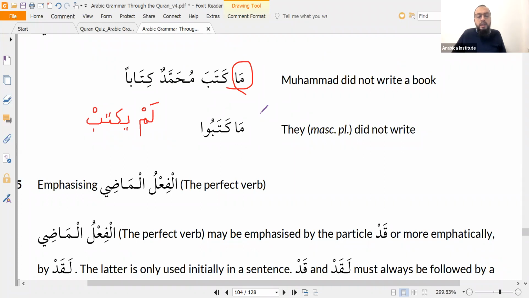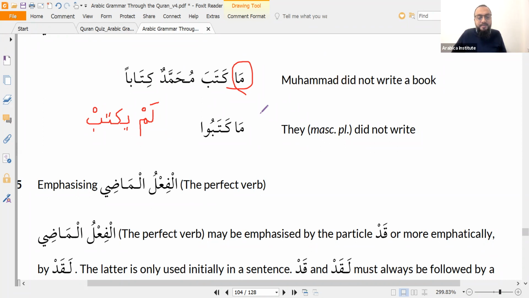But I may have said lam because you're saying lam antahi. You can't say lam akmal. Lam ukmil. Yeah. So I said ma akmaltu. Good. So if you say ma akmaltu, that's the same meaning as lam ukmil. If I told you otherwise, I'm sorry. Okay, I retract it. I understood that.